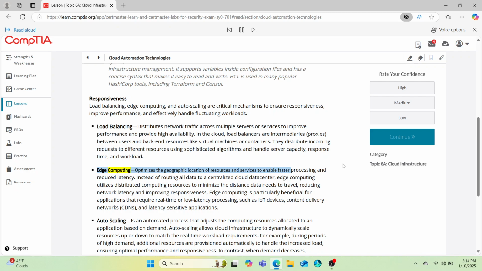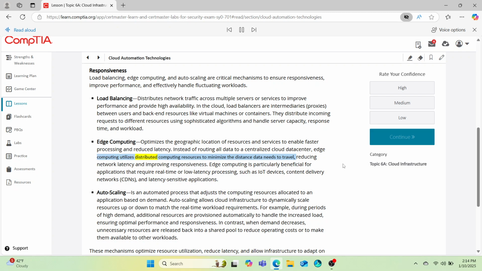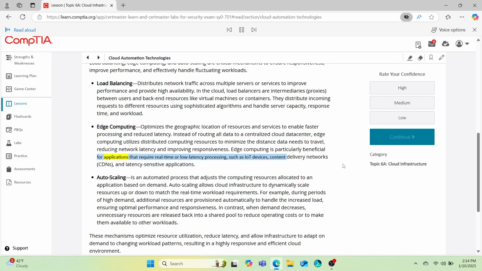Edge computing optimizes the geographic location of resources and services to enable faster processing and reduce latency. Instead of routing all data to a centralized cloud data center, edge computing utilizes distributed computing resources to minimize the distance data needs to travel, reducing network latency and improving responsiveness. Edge computing is particularly beneficial for applications that require real-time or low-latency processing, such as IoT devices, content delivery networks,